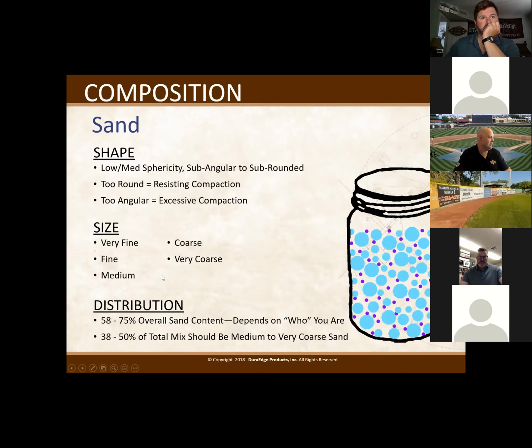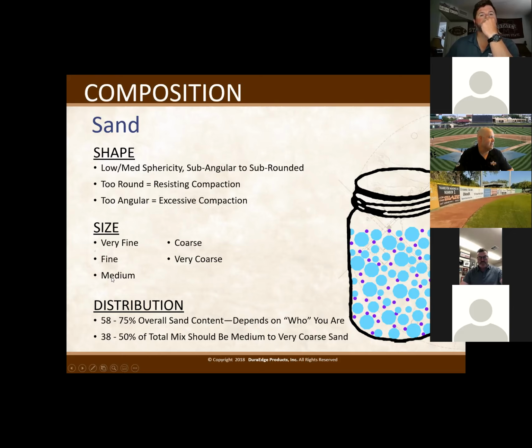As you can see, the recommendation for particles in this distribution is that you have your very coarse, which are the larger blue particles. You have your coarse sand particles, which are the medium-sized blue ones.